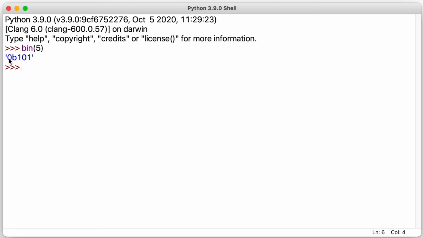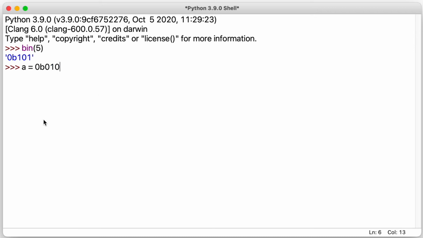In the first two places we have 0 and b. Our binary number starts with this. Okay, so 5 is written as 101, that is 1 plus 4, that is 5. So this is how the binary representation works in Python. Now if we have a variable a, and suppose we are assigning a binary value, we have to write 0b at the beginning, and then the value of that particular variable is 010.